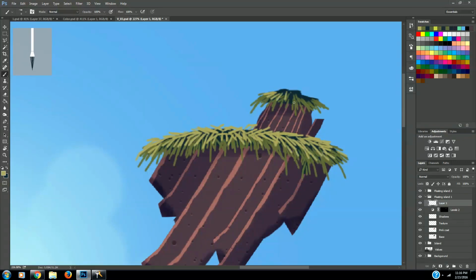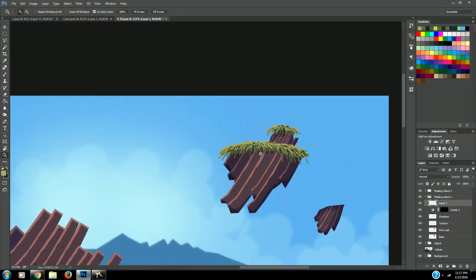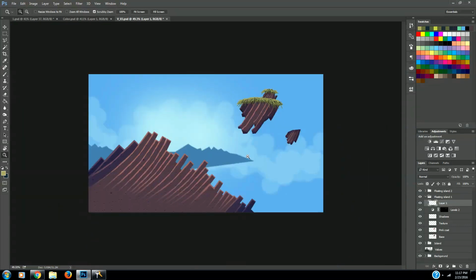Move to the second layer, level. And now we've created a really cool grass look. Now go ahead and do that on your second island, and then we can move on to the next part